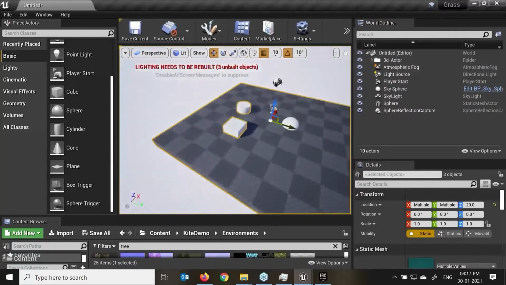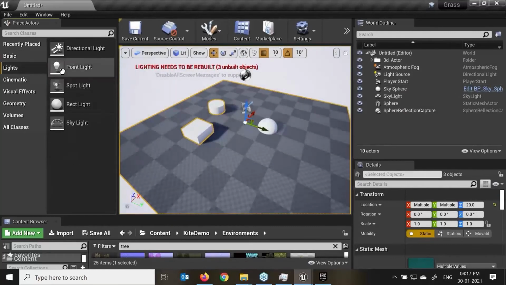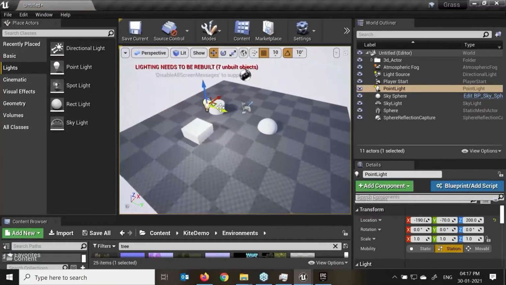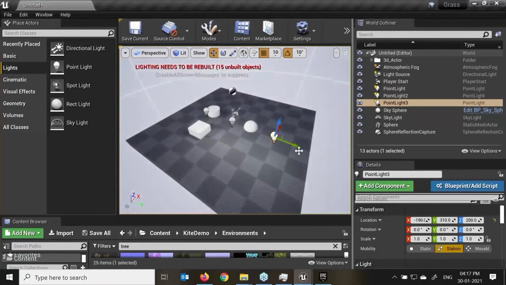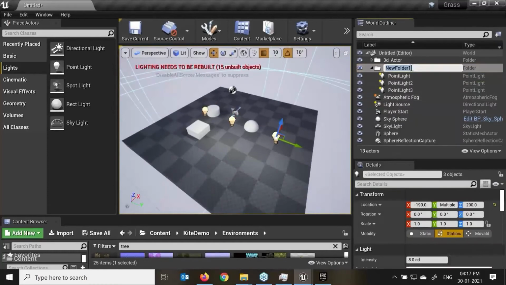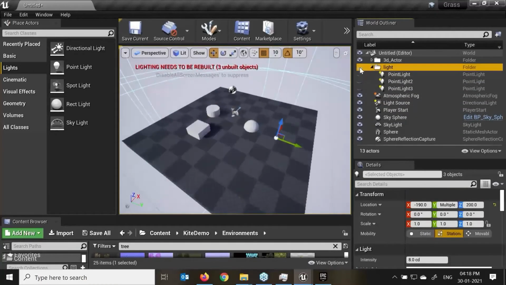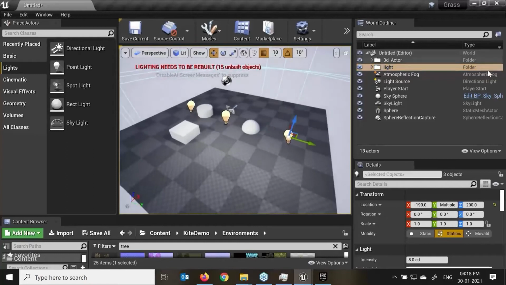This is very useful if you are creating a folder for the light structures or anything. For example, if I create a point light over here, alt and move, alt and move. If I create one more light, this X marks comes over there. Now I have the three point lights over here. I'll create a folder and say this is the light group. If I want to hide, easily I can hide that as well. So it's better to work with folder structures in the engine, right? This is very simple to do.